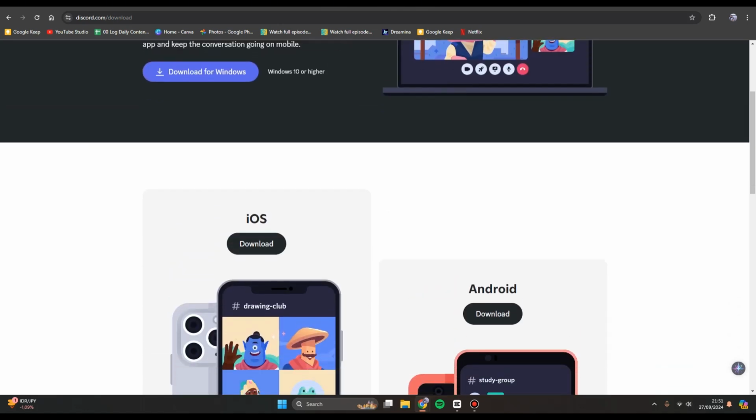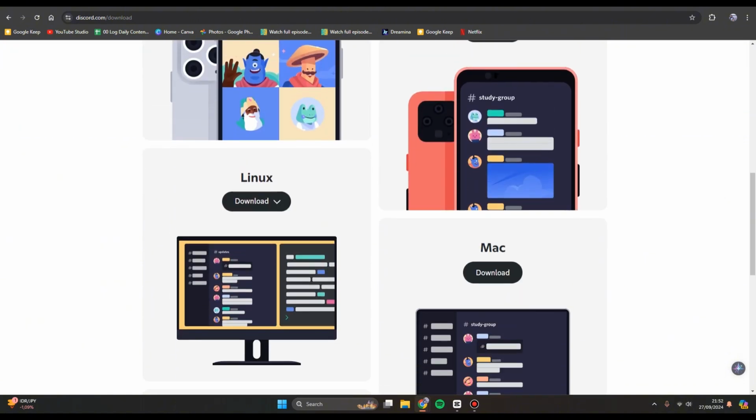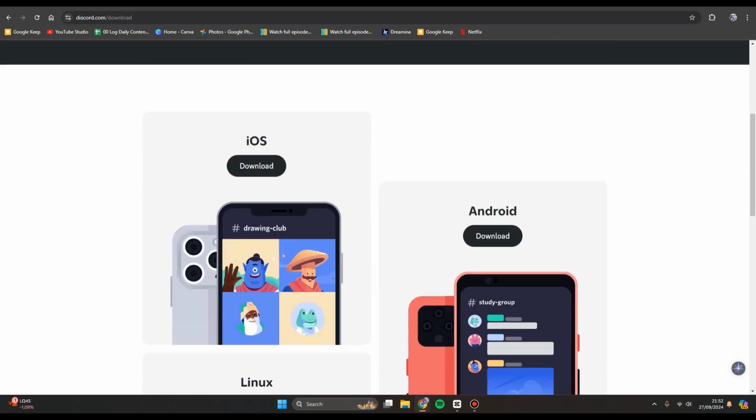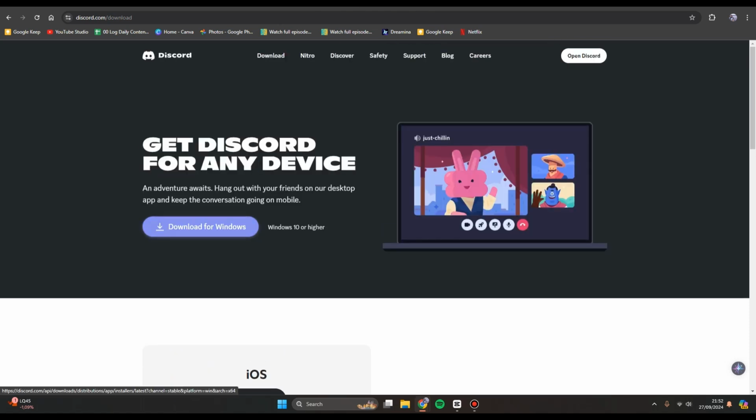Here you can also download it for Android or iOS. So if you want to download it, you can just find the device in here. For Chromebook, you can use this Android option. So let's just click on download for Windows, and here